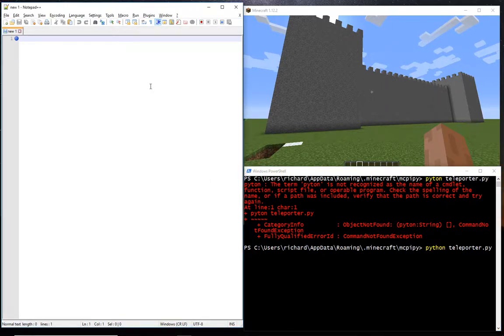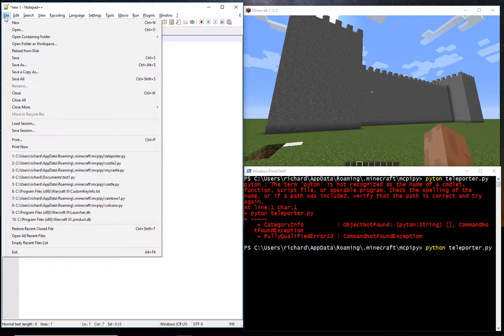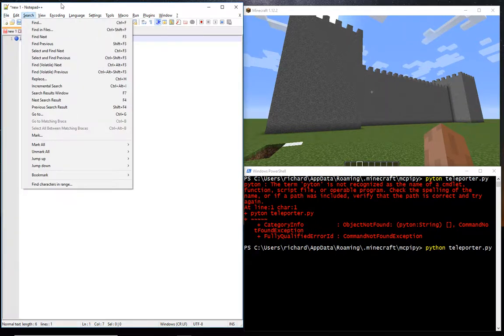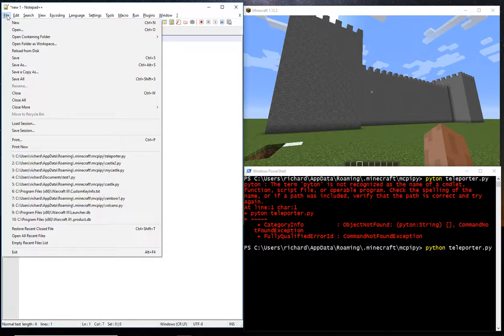In order to get started, what you need to do is create yourself a new file. If you're using this on the Raspberry Pi, then you can create the file anywhere and just call it teleporter.py. If you're on Windows, then you need to save it to a specific location. In order to save it on Windows and run it on Windows, you need to follow the tutorial to install